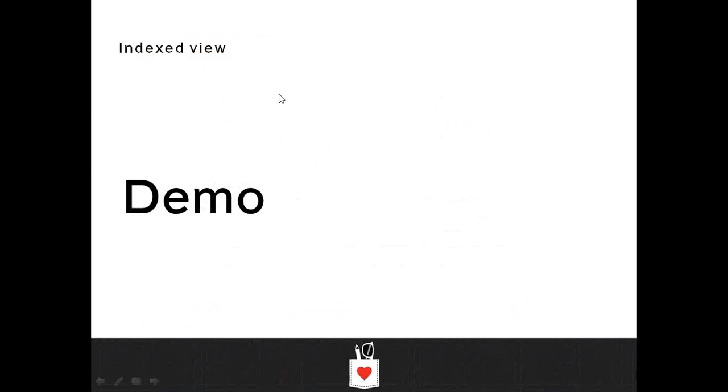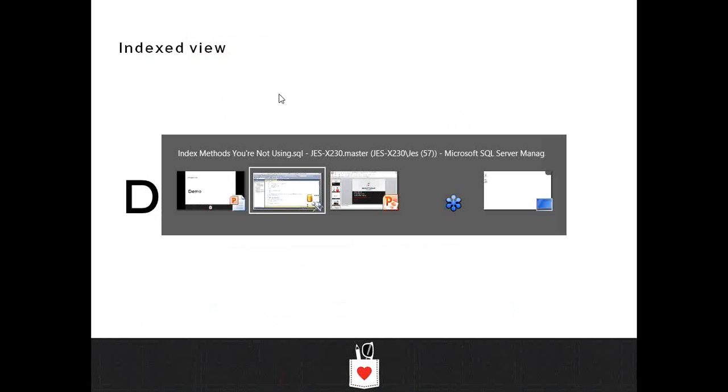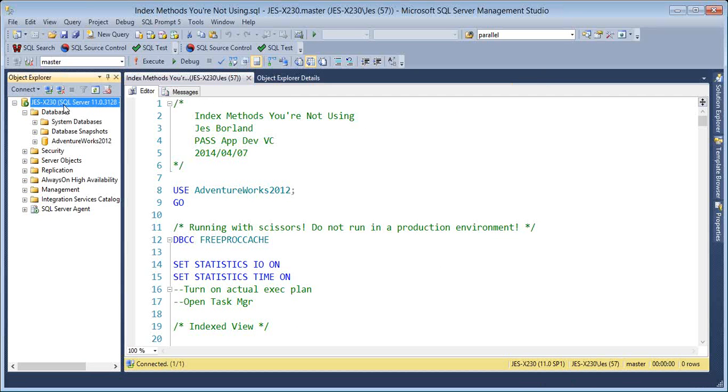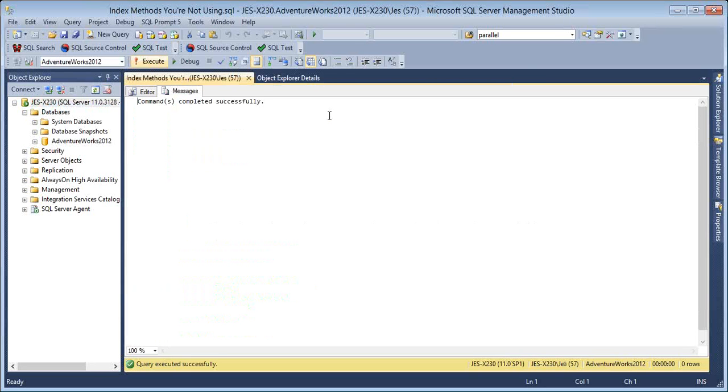So let's go ahead and look at a demonstration of the indexed view. I am going to be running this against my SQL Server 2012 instance. However, all of this indexed view functionality will work on SQL Server 2005 and greater. So let's go ahead and set the stage. I am using the